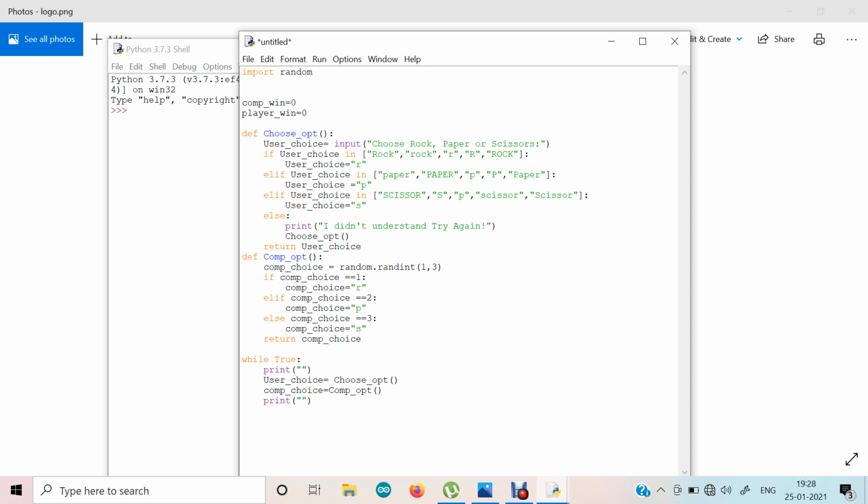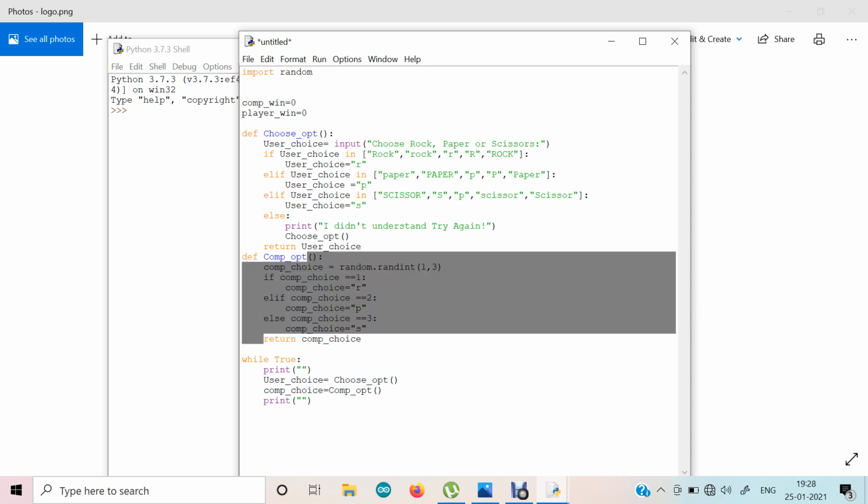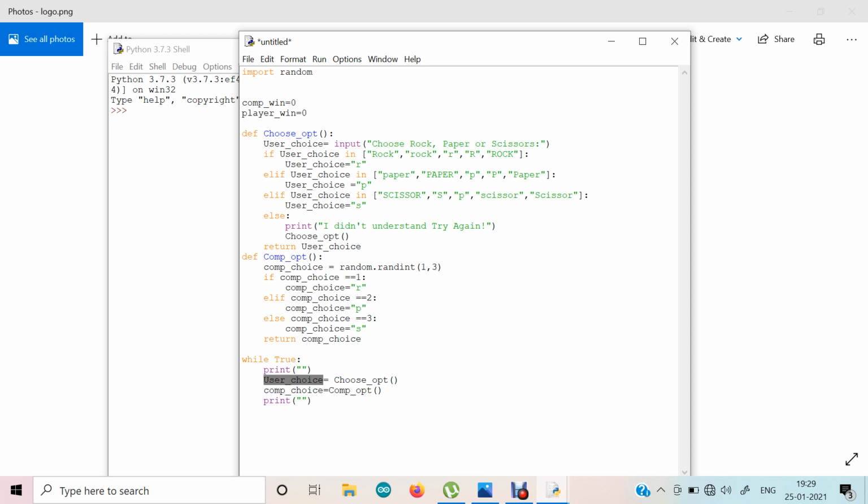In the user choice variable you will keep the choose option, which is the option the user has taken, and from computer option, the option the computer has chosen. Please save it in this variable. This variable holds what the user has chosen, and this variable holds what the computer has chosen. Then we will print the empty statement, and then we will go with the if user choice